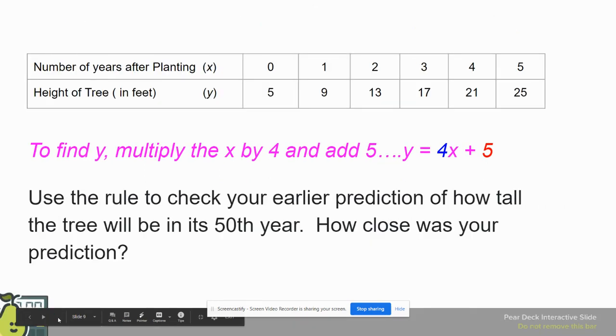One last thing now, to use that in order to figure out how tall it would be in the 50th year, you would plug in 50 for x, because it's growing 4 every year. So 4 times 50 is 200. That's how much it's grown, plus the original height of 5. So it would grow